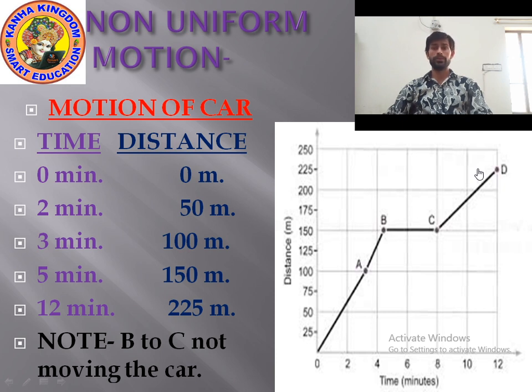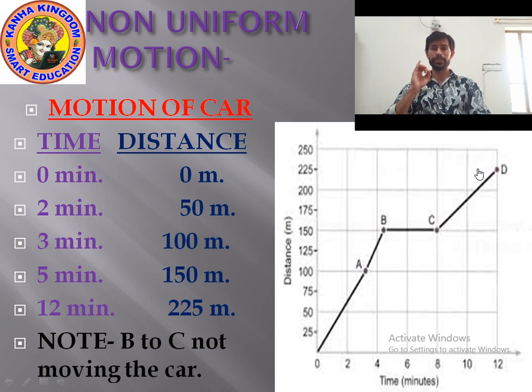Okay, now let's make a graph for non-uniform motion. I have written the time in minutes, 0 minute, 2 minute, 3 minute, 5 minute, 12 minute, and the distance you can see is 0 meter, 50 meter, 100 meter, 150 meter, then 225 meter. So if you draw the graph, at first when the time is 0, that time the distance is 0, we will start from the origin point,